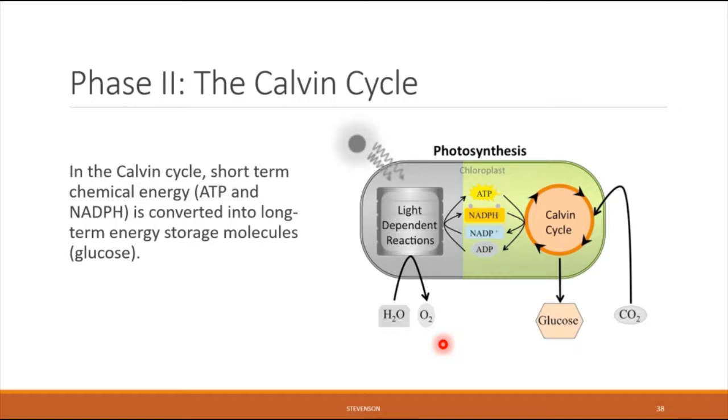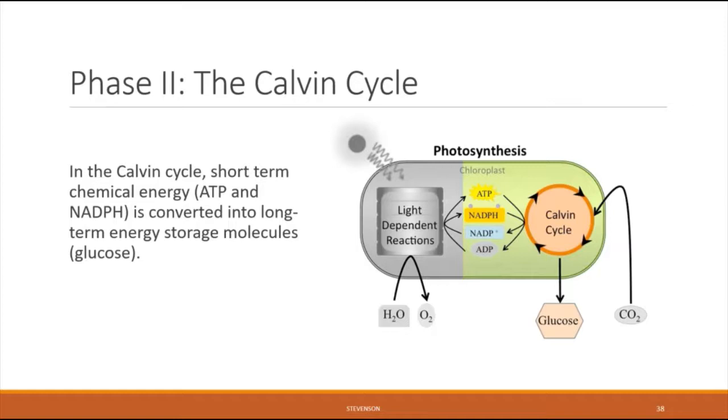That completes our discussion about the first phase of photosynthesis, the light-dependent reactions. And now we're going to move on to the second phase of the process known as the Calvin cycle. So the Calvin cycle is going to pick up two of the products of the light-dependent reactions, which is the ATP and the NADPH molecules, which are the temporary energy carriers of that sunlight energy. And they're going to use those to convert into a more long-term form of energy storage, and that is molecules